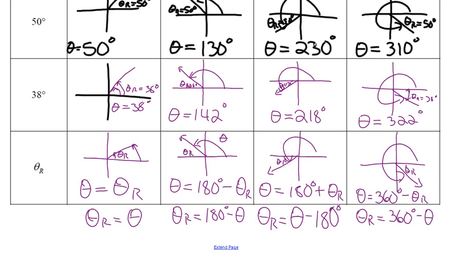So now we have expressions, which you're never going to use because you don't need to, right? You just sketch it out. If I'm in quadrant 2, I usually just say, how much further do I have to go to get to 180? If I'm in quadrant 3, it's how far past 180 have I gone? If I'm in quadrant 4, it's how much further do I have to go to get to 360? That's what I always ask. You'll figure out your own way that works for you, but that's basically the whole idea behind the rotation angle or the principal angle theta and the reference angle theta r. Okay, and then